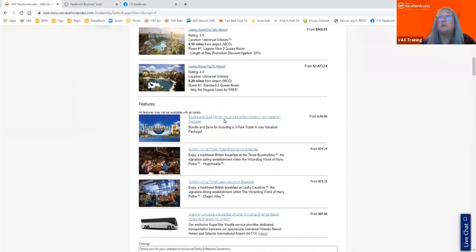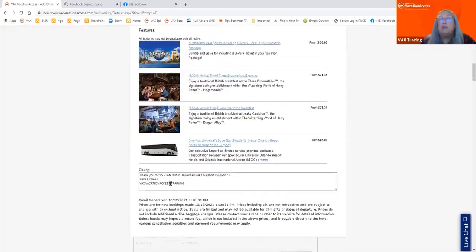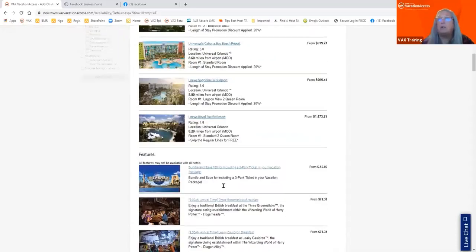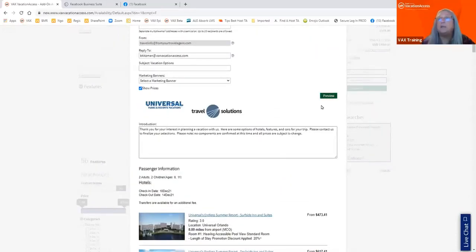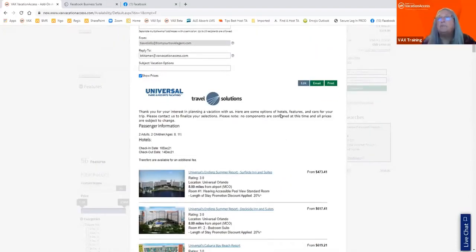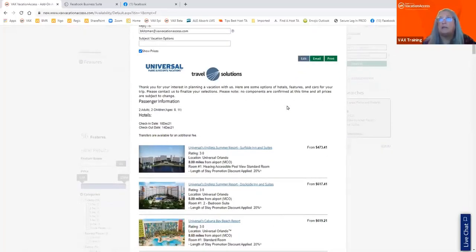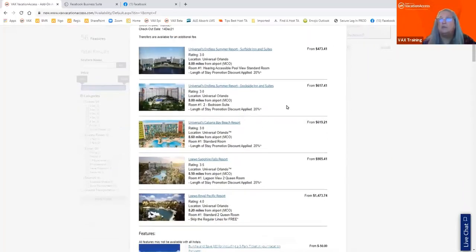And then, of course, we do see our features as well. And again, clicking on this will show them the same profile that you see with the same great information. You can also edit your closing. So this is all in edit mode. If you want to preview it the way it's going to display and actually get to the point where you're going to send the email, then you'll click this preview and you will see.